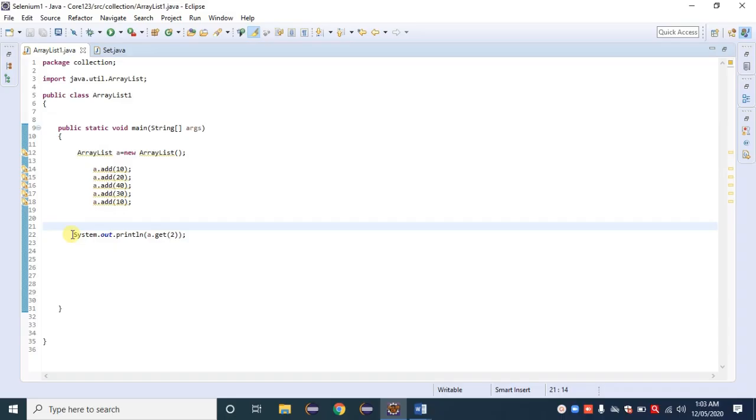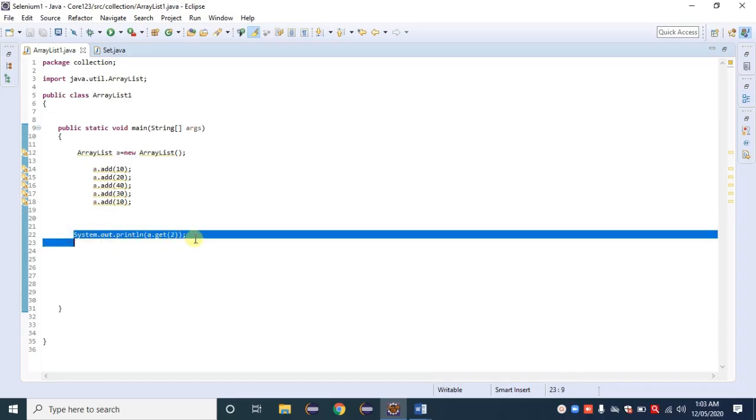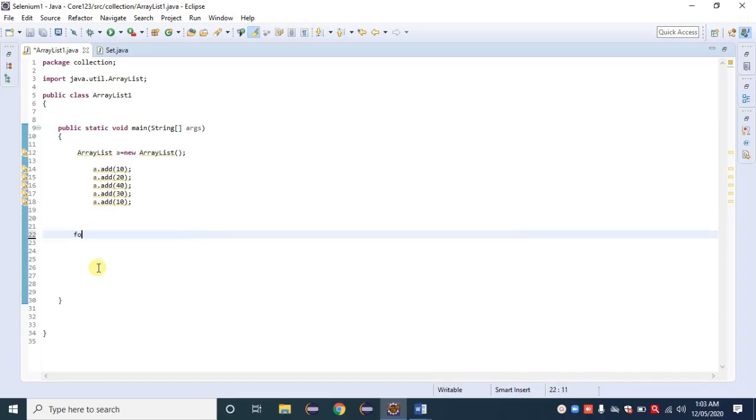We can go with a for loop also. So for, here, these all belong to the integer family, so here I am providing int. Then these are stored in memory as per their index number, so here I am providing i for index, as stored in the variable named a.